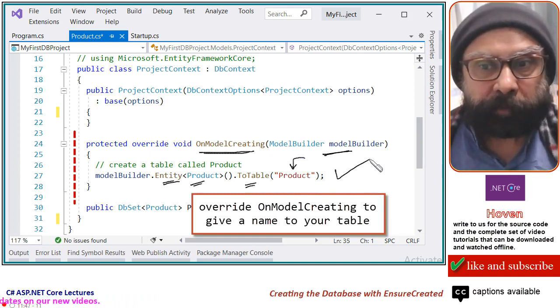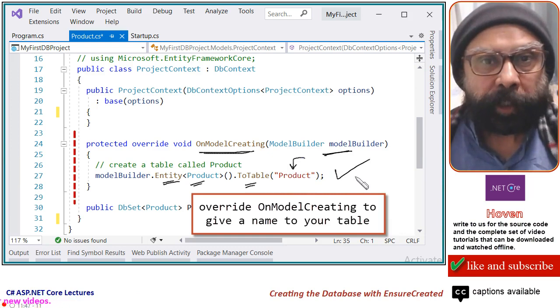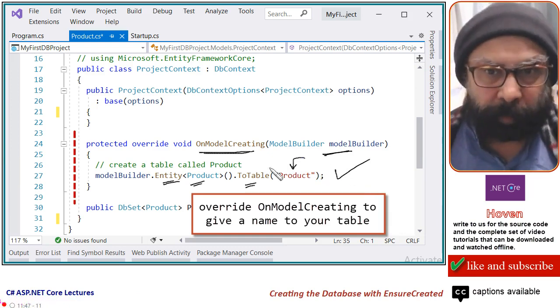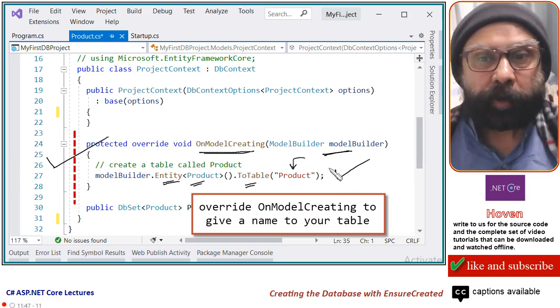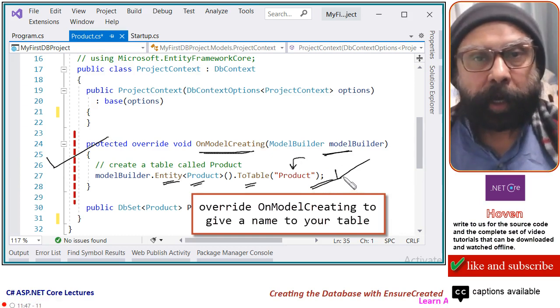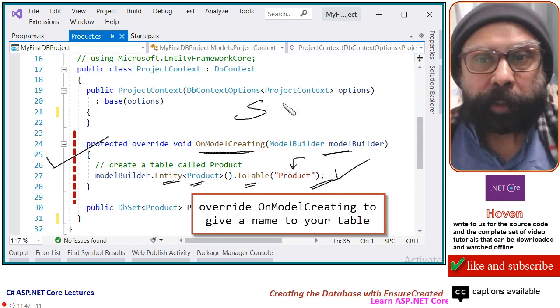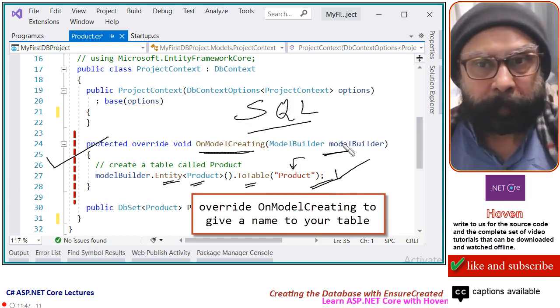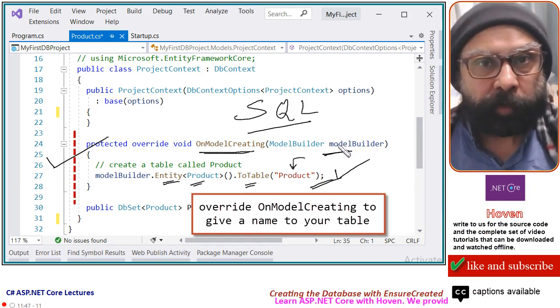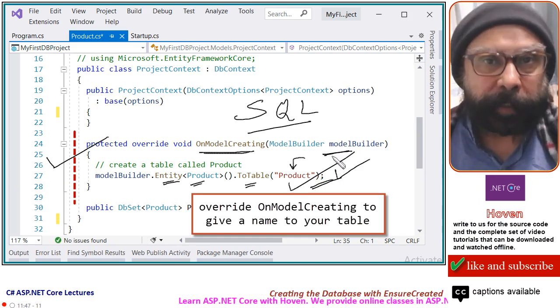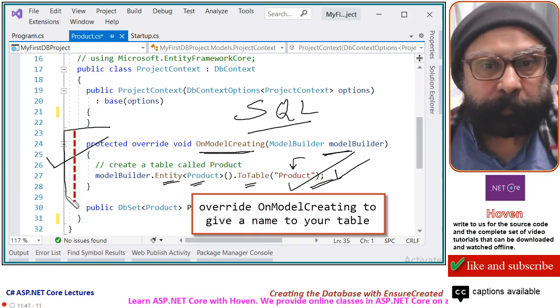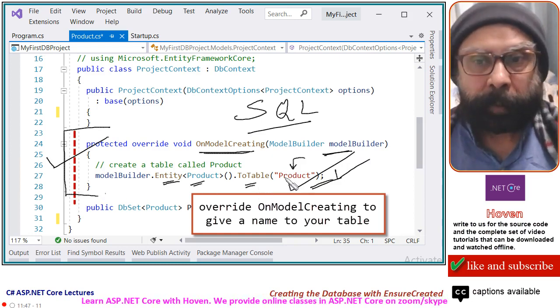This method gives you an opportunity to change the name of your table also. But my suggestion is that you should always add this, because the names of the tables are many times required when you run direct SQL queries. Sometimes direct SQL queries are also required to be run. In that case, these names come quite handy. So you should always explicitly name them, like I have done.